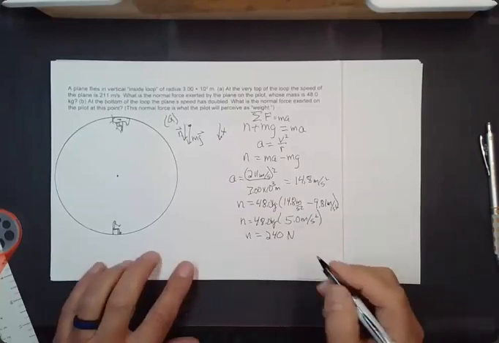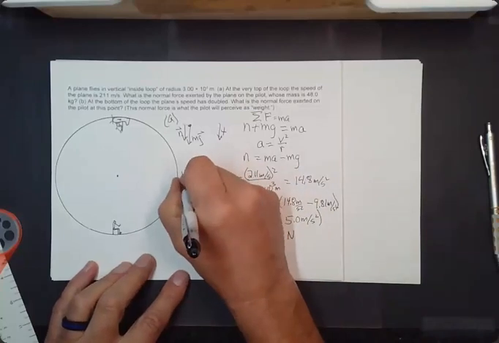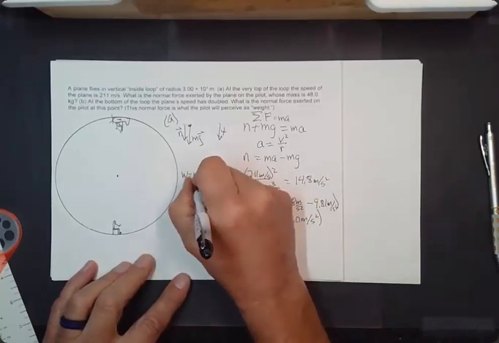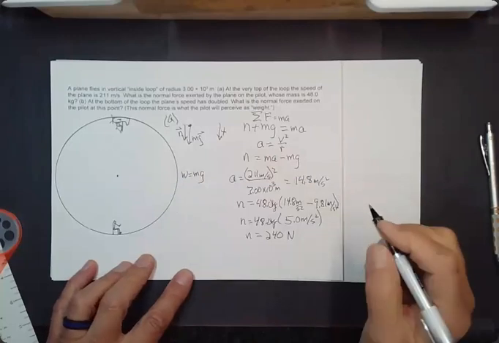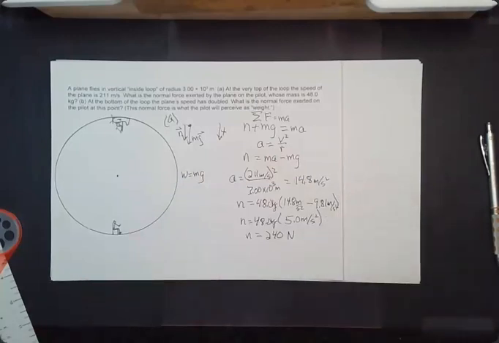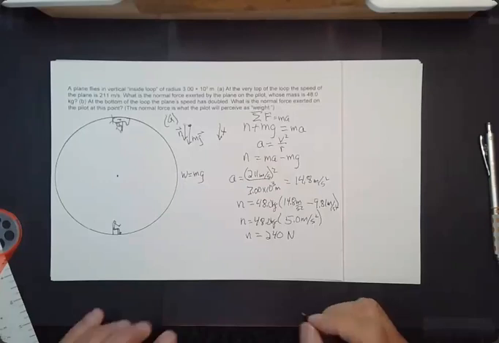Now this compares to the pilot's weight. The pilot's weight is going to be the mass times the acceleration due to gravity. And I don't feel like doing that one in my head, but it's actually about 400. I can keep 3 sig figs on that. It's 471